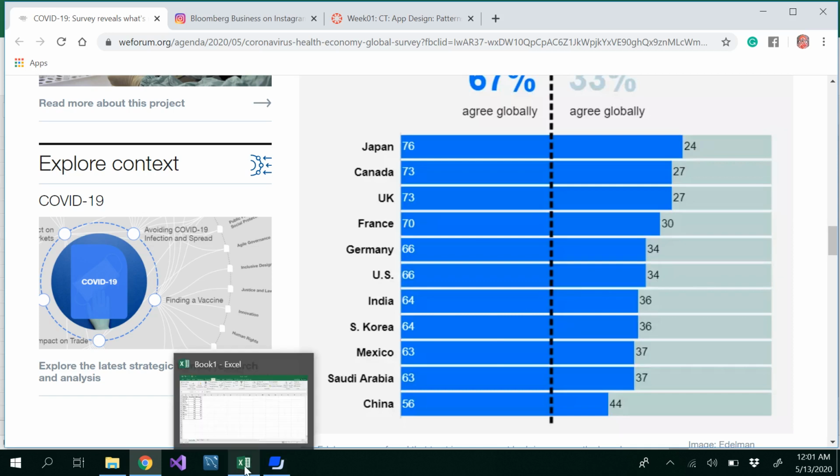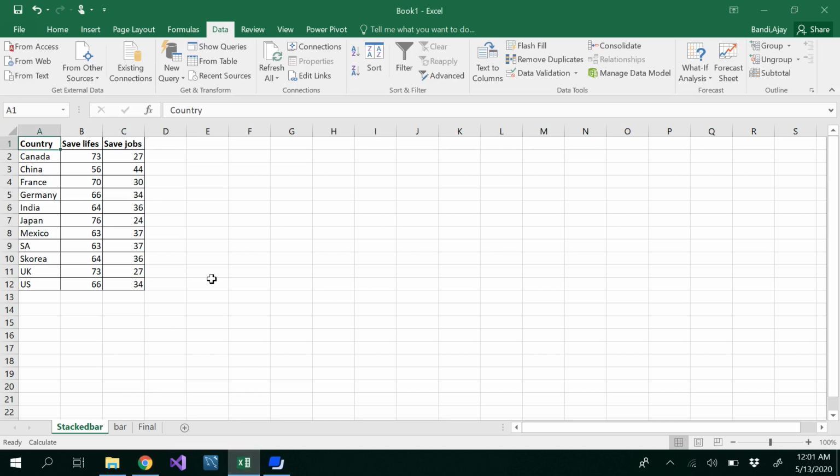For that, I manually entered this data in our Excel sheet. So here I have the country, save lives and save jobs. If you notice, all this data across the row sums up to 100: 73 plus 27, 56 plus 44, all of this sums up to 100. So let's